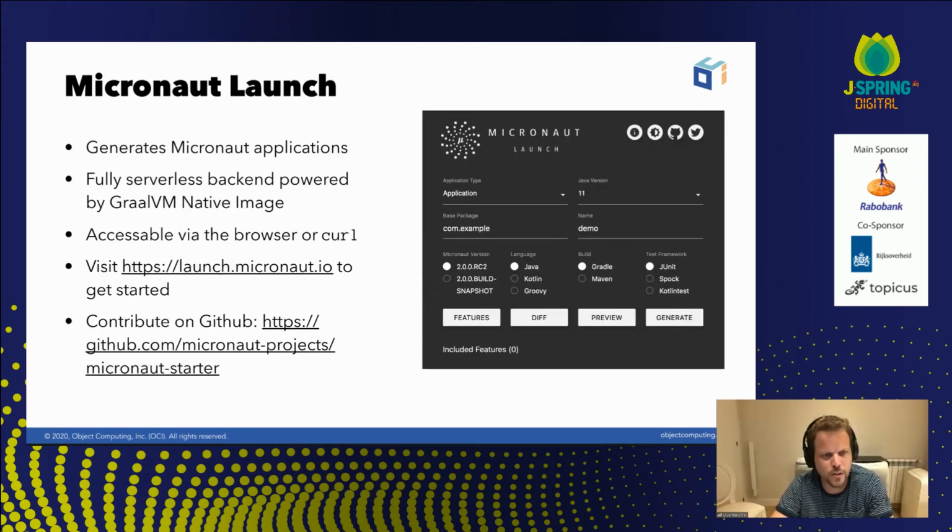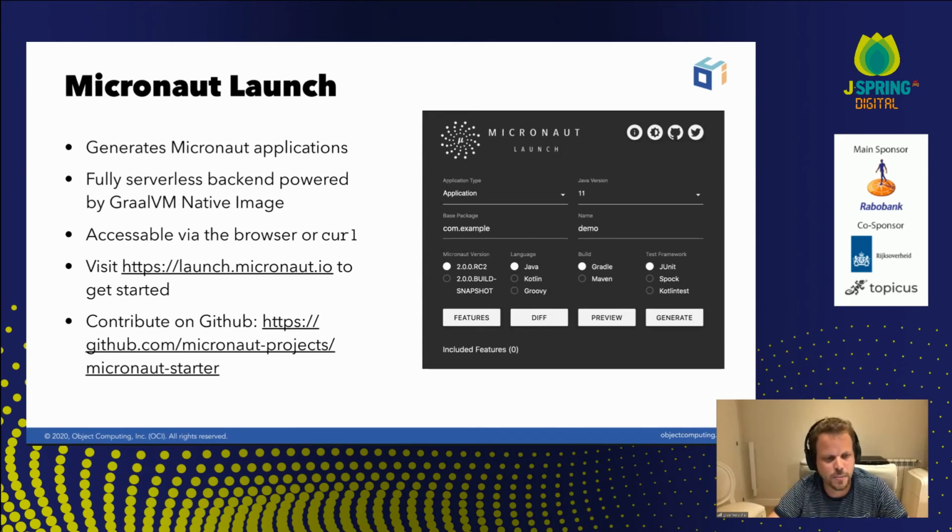Check it out. And I also want to talk a little bit about Micronaut Launch, which I demoed briefly. This is a UI for generating Micronaut applications. The front end is written in React, in JavaScript, but the back end is actually the same as the command line interface in Micronaut, and it's written in Micronaut itself, and it's fully serverless and compiled to a native image on GraalVM.